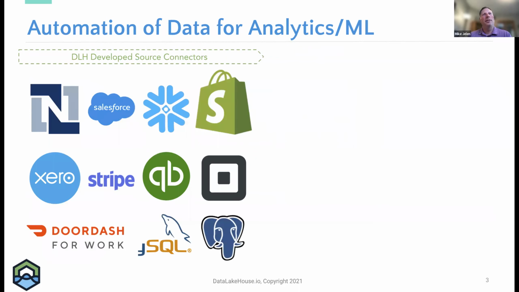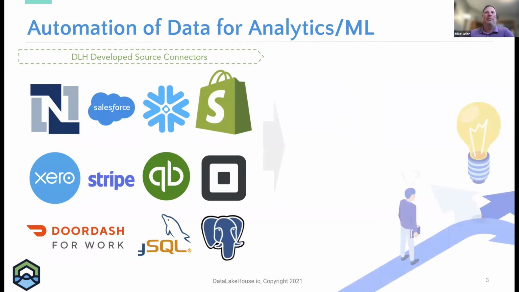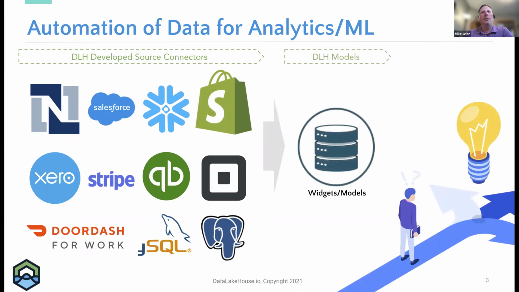So when you think of Data Lakehouse, we have a number of different sources, popular ones, NetSuite, Salesforce, Stripe, QuickBooks, and many others to choose from. Now really taking all that data, making sense of it, bringing that data together into data models. We have out-of-the-box data models. You can also build and customize your own data models in order to ask those questions. We provide you a visual interface for that with pre-built dashboards, or you may provide your own analytic tool of